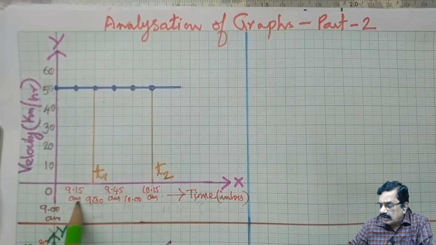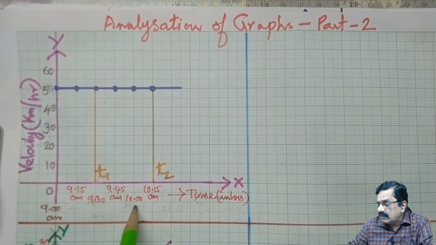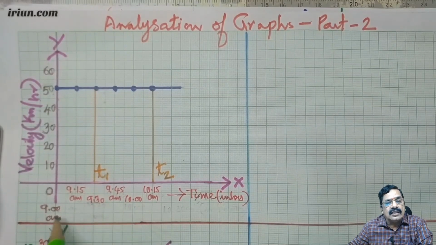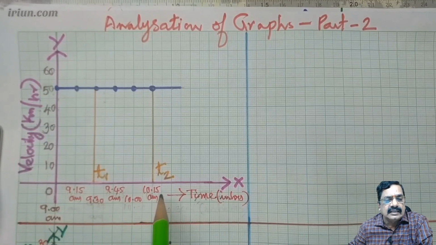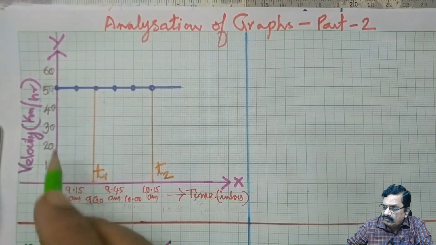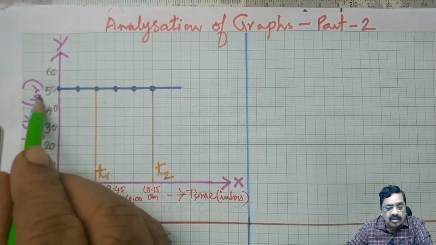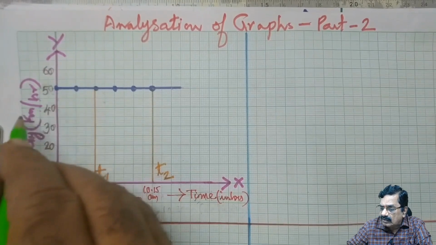These are hours only, 9 hours, 9:15 hours, 9:30 hours, 9:45 hours, 10 hours, 10:15 hours, like that. So, for convenience sake, I am taking it in 15 minutes like that. Let us see here. 9 am velocity is how much? From the graph you have to tell. That is 50. What is the unit? Kilometer per hour, not meter per second. So, 9 am it is 50 kilometer per hour.